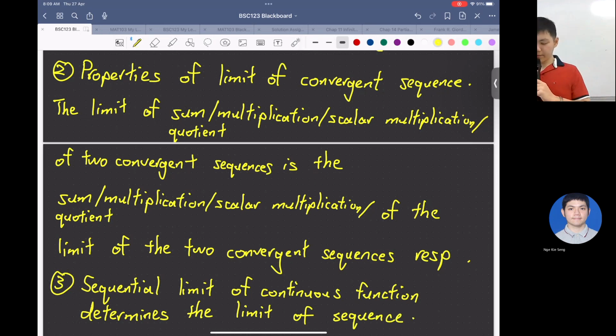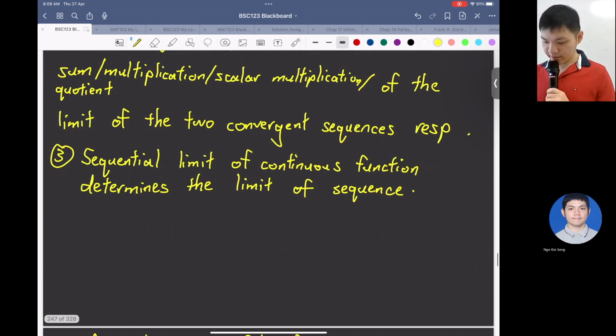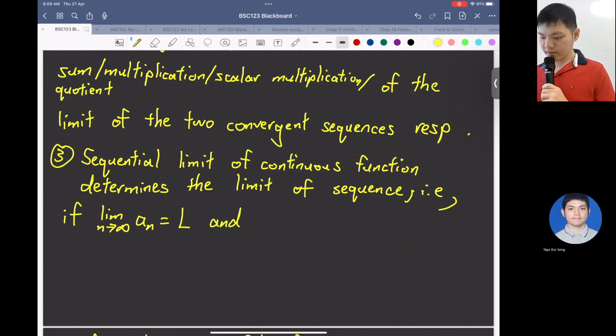And so what does this mean? So this means that if you have a sequence a_n converging to L and your function is continuous at L,